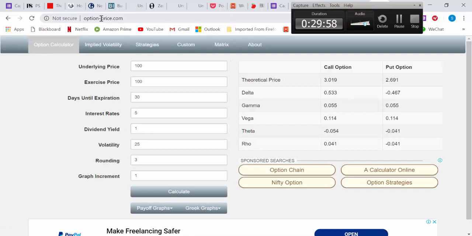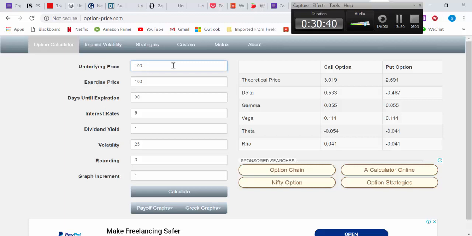All right, now here is a very, very simple option pricer that I use for demonstration purposes every time. And you have the underlying price, exercise price, which cannot change, days until expiration, well, that's just time ticking away. Interest rate is boring. Dividend yield, don't worry about that for now. But the two things that can really change are underlying price and volatility. So think of it like that for now.